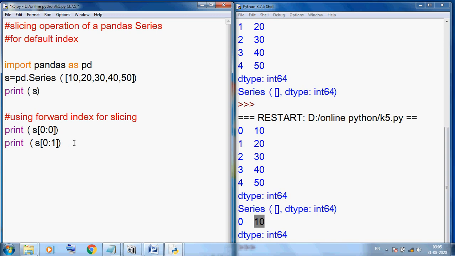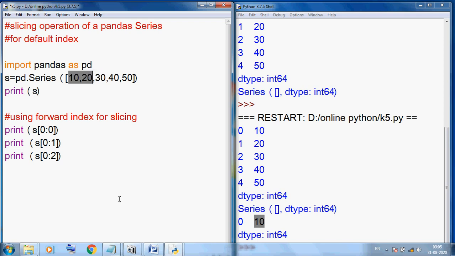Now print s 0 colon 2. You can see start from 0, 1 and 2, but 2 is always one less. We know very well in the range function it is always one less. So here start from 0 to 2, but one less, so 0 to 1.